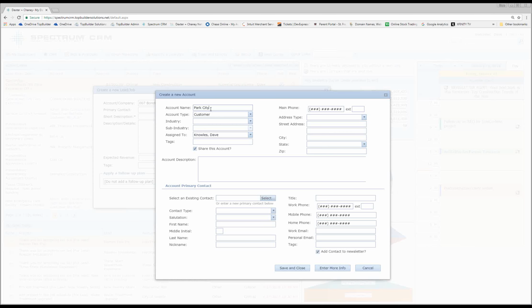And that would be the general contractor, or would that be the building owner? They do both, but let's just say they're the building owner. We do a lot of work direct, so let's do that. Directly to the building owner? Yep, directly to the building owner. So I'm going to put Park City in here, and because